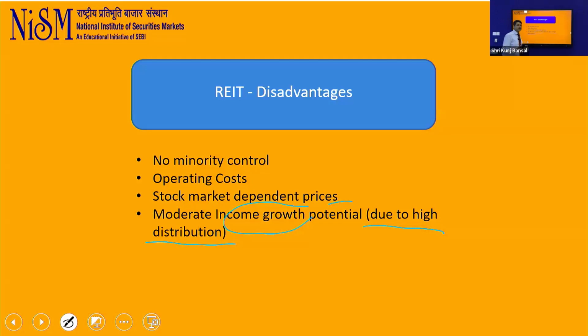Can we buy REIT in fraction? I don't know what you mean. You can buy one unit. You can't buy less than one unit. And one unit hardly costs you 250 to 350 rupees. How much more of a fraction of that you want? You are in turn getting exposure of a fraction to the property that REIT has invested in. So don't worry about wanting to buy it in fraction.